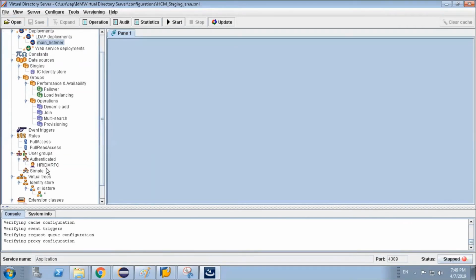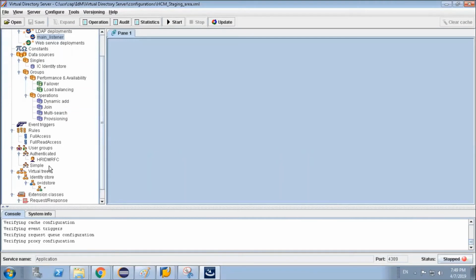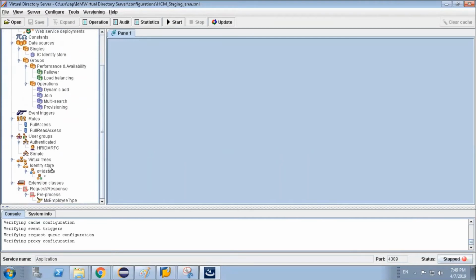One thing I probably missed, that we will check. I created the password SAP IDM *1. We will see that one because in this case the password would not support the special character, the star character. It won't support? It won't support. We will check that.